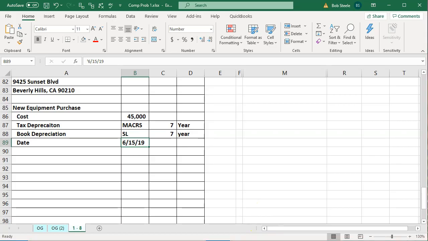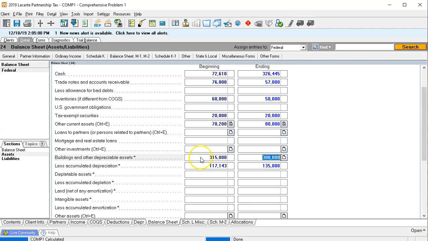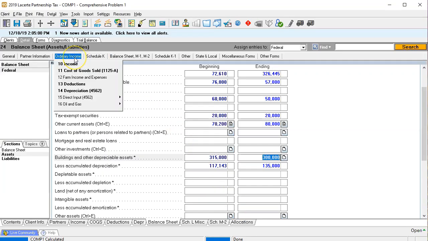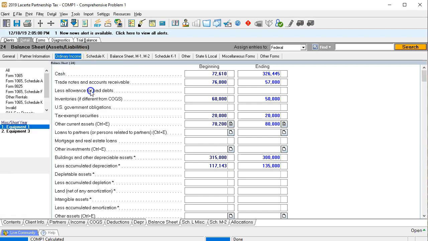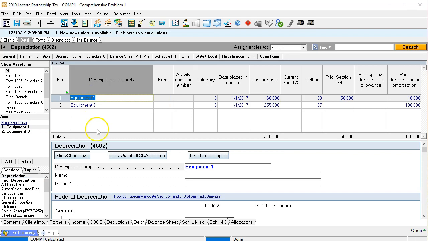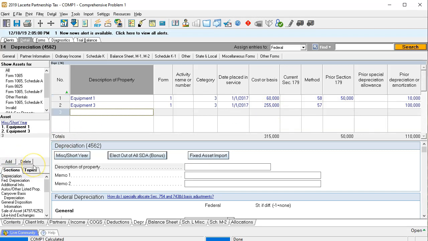So let's do that. We're going to go back to Lacerte, and we're going to enter this into the same area we entered the depreciation schedules. It's going to be depreciation. In this case, we're focusing right now on the property, plant, and equipment, the asset. So that's going to be the cost, and then it's going to calculate the depreciation on it. And I'm going to add this, and then I'm going to call it equipment